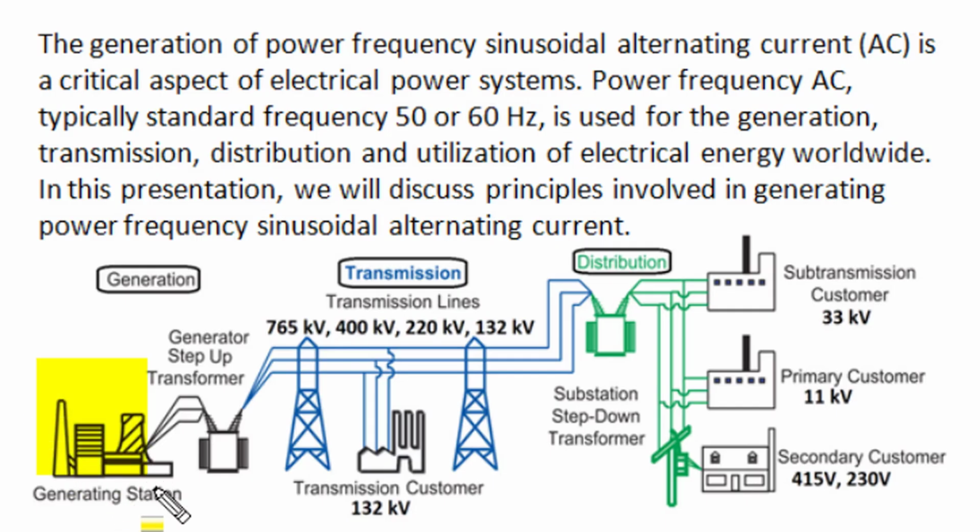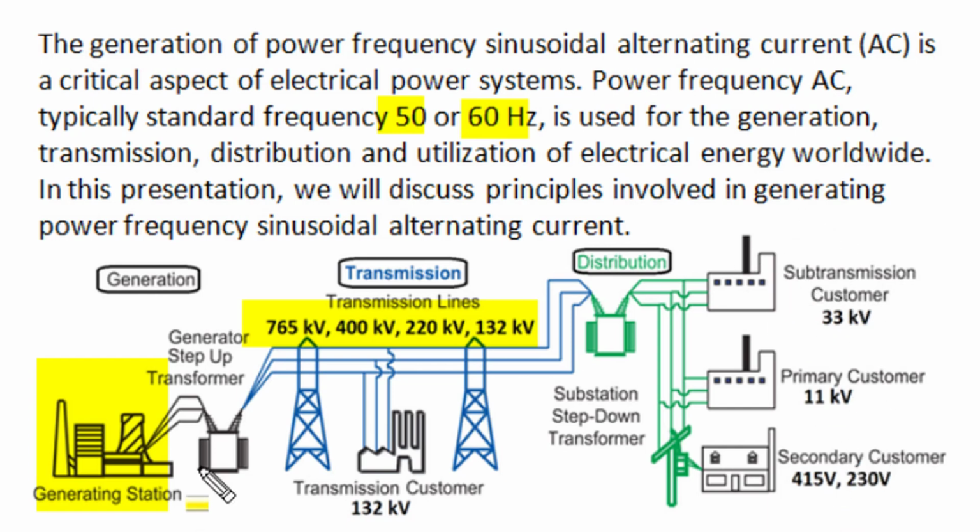The generation of standard power frequency sinusoidal alternating current AC supply is a critical aspect of our electrical power system. The typical standard power frequency is either 50 Hz in majority of the world including India, and 60 Hz in USA and some Arab countries. This 50 or 60 Hz power frequency alternating current supply is used for generation, transmission at higher voltages to large distances in bulk amount, and then the distribution of the same electric supply takes place, and electricity at convenient reduced voltage is used by various consumers.